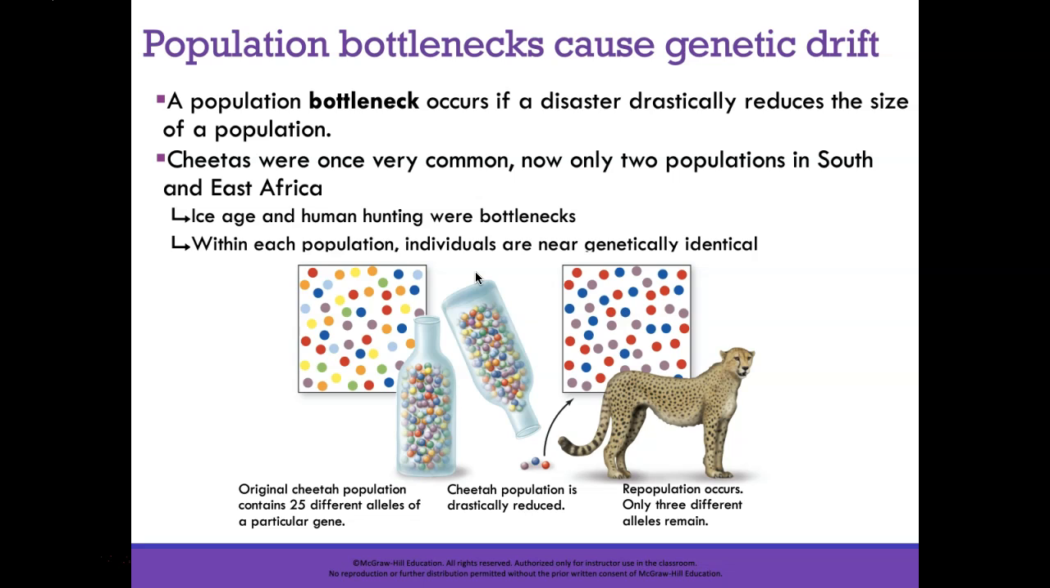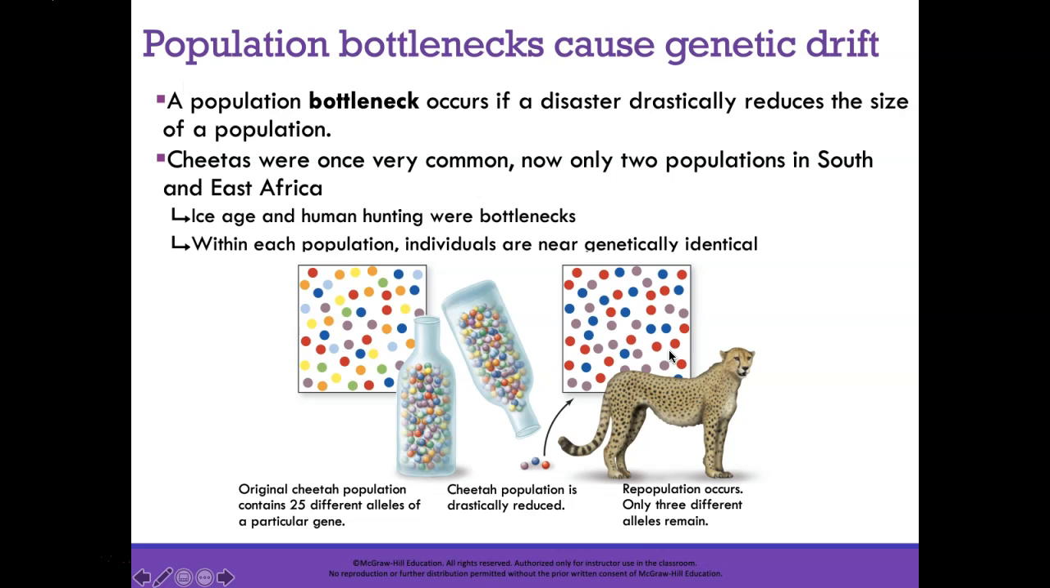Within each population, the individuals are nearly genetically identical. You could actually do skin grafts between unrelated cheetahs and they would accept them. That's how genetically related they are. So this is an example, again, of how the loss of genetic diversity could be caused by a population bottleneck,